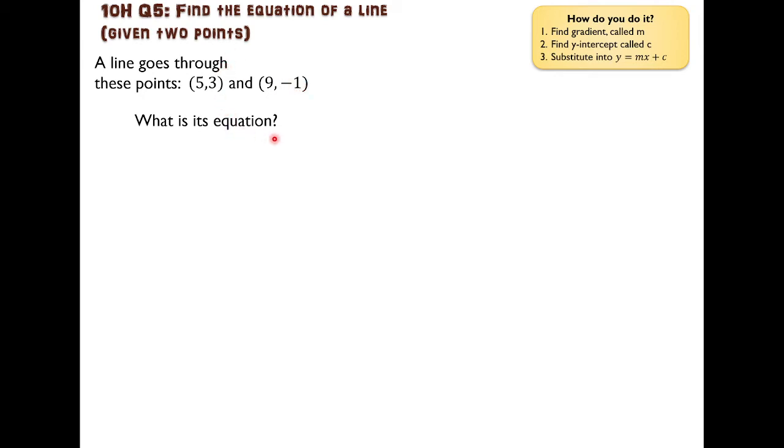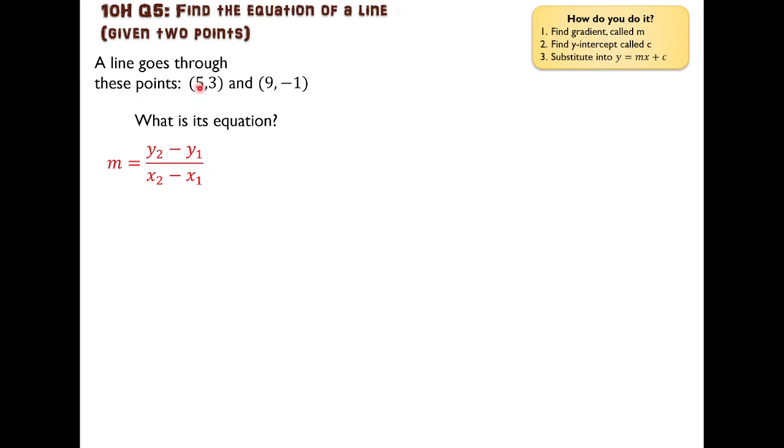Anyway, to find the equation, we can still use our 3-step strategy. Number 1, find the gradient called m. To find the gradient, we can use our gradient formula. Slope or gradient or m is the y-coordinate of the second point, take y-coordinate of the first point, and so on and so on. To make this formula easier to use, I would recommend noting that this is the x-coordinate